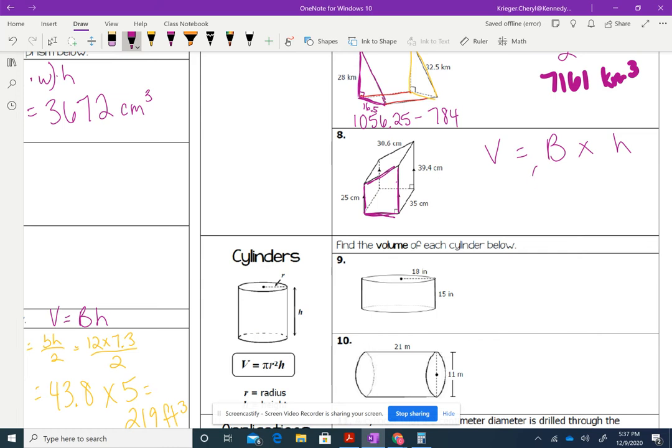So my trapezoid, the area of the trapezoid, 25 plus 39.4 times the height. I gotta look for the right angle telling me what the height is. Okay, well this is unfortunate because I'm gonna have to do Pythagorean theorem again. But let's go ahead and just fill out the rest of the formula, just needing to find the height of